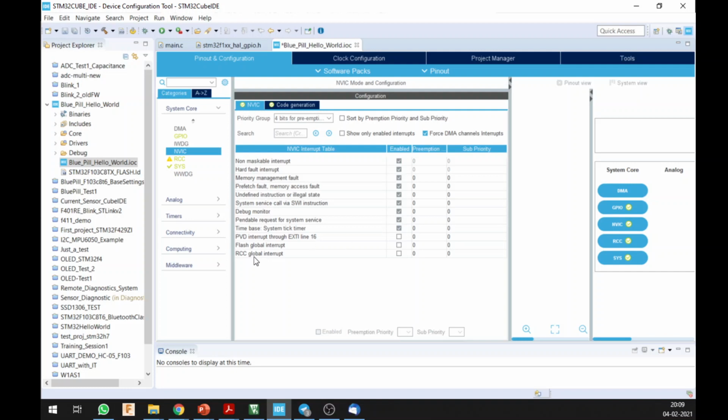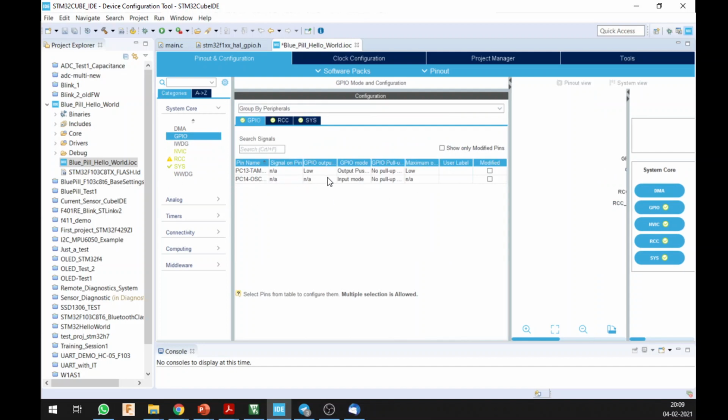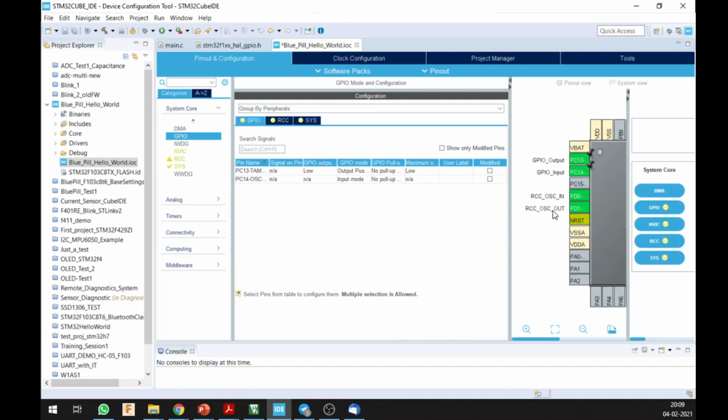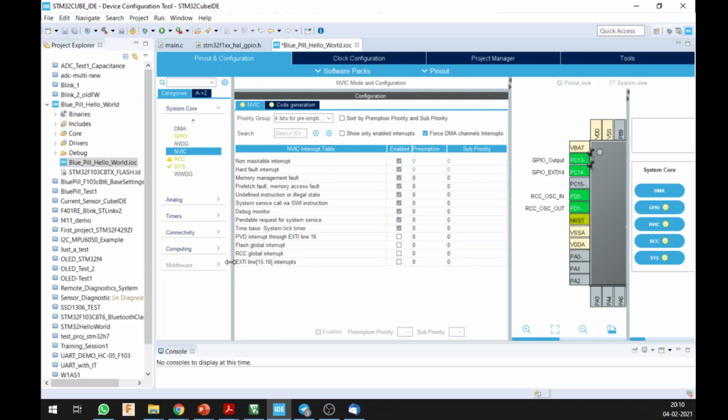Okay. All right. So now over here, I just set a GPIO pin, and I haven't set anything to that. So if I want to set it as an interrupt, I will set the GPIO pin mode to a GPIO external interrupt, EXTI 14. And once you do that, when you go into the NVIC, the nested vector interrupt controller, you can see that the external interrupt is going to be set over here.